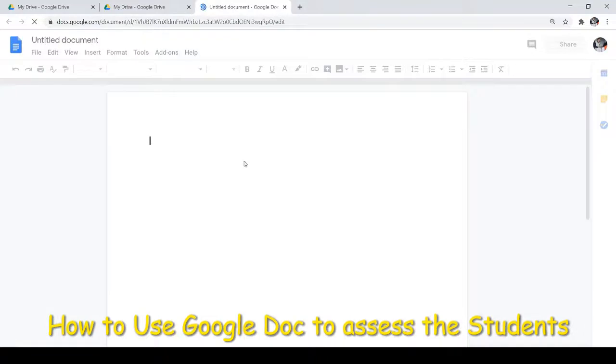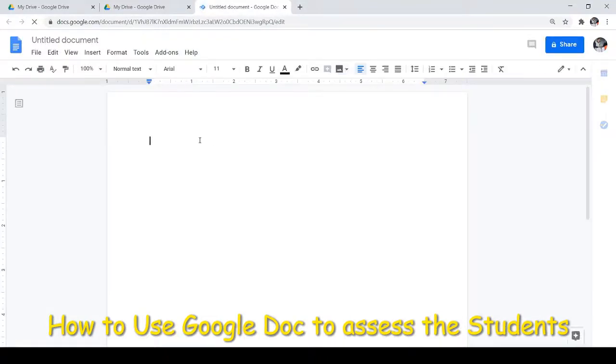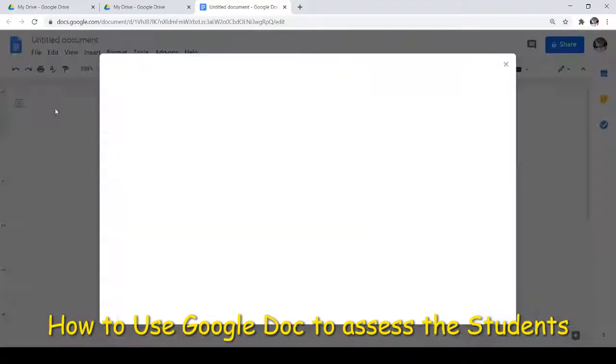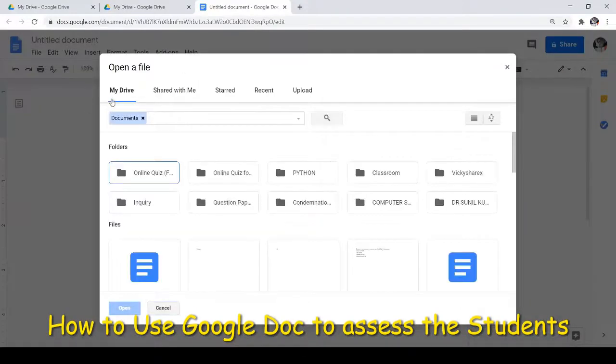If you already have a document, then you just click on File, then open that document. You can upload that document from My Drive.